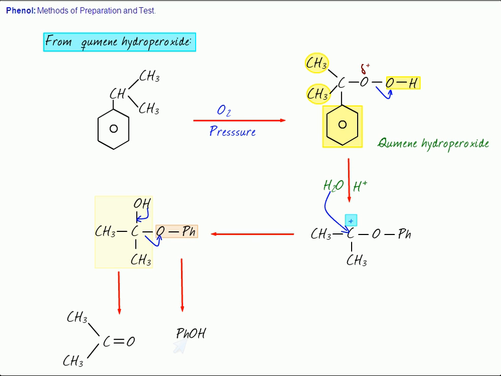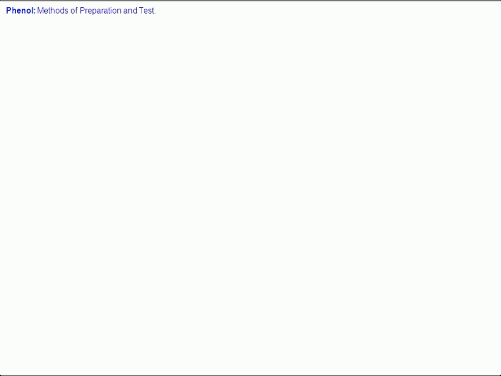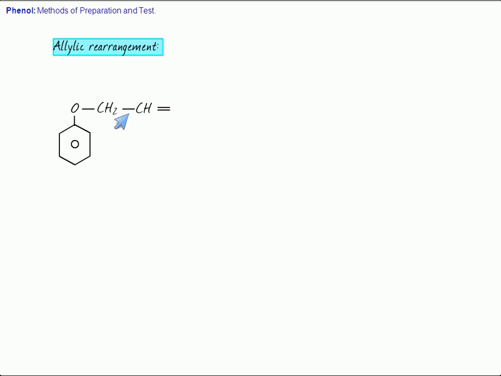The last one of the rearrangement comes under the heading of allylic rearrangement, which also we have discussed during the rearrangement part. O, CH2, CH double bond CH2. Claisen rearrangement or allylic rearrangement. In this what happens, these are pi bonds present. This pi bond attacks here, this goes here, this comes over here. So eventually we have